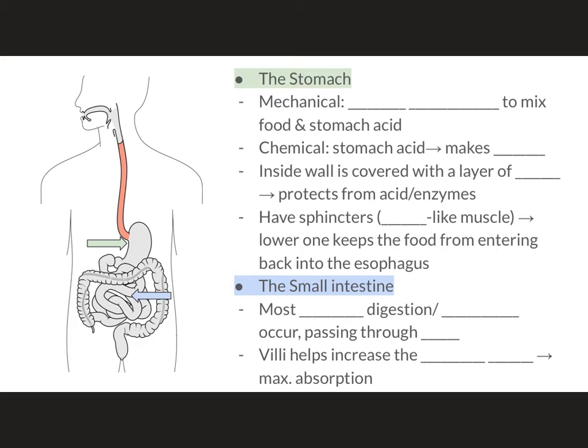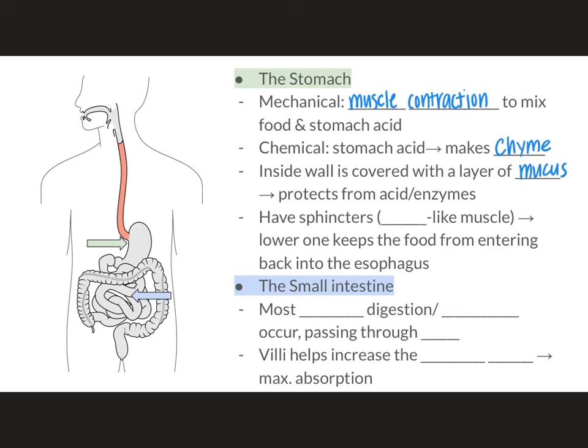The muscle contraction from the stomach helps the food and the stomach acid to mix together, and the chemical processes with stomach acid make the food a smoothie-like condensation, and we call this chyme. The inside wall is covered with a layer of mucus because those acids can be pretty strong. So when you have those mucus-covered walls, it can prevent the acid and enzymes from harming the soft inside